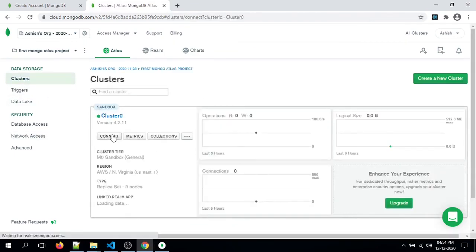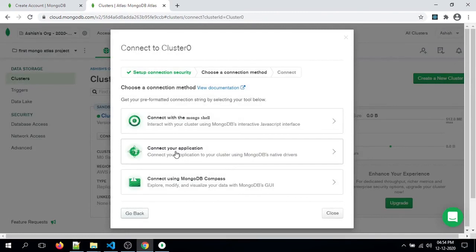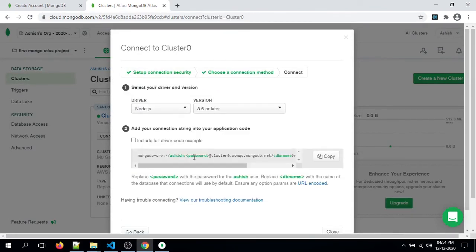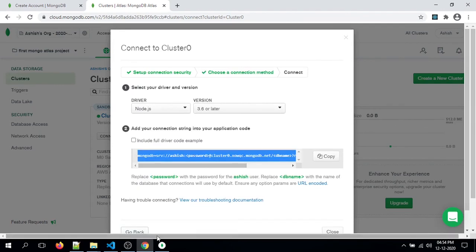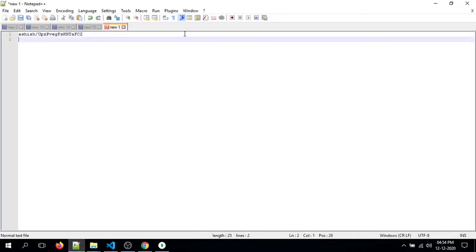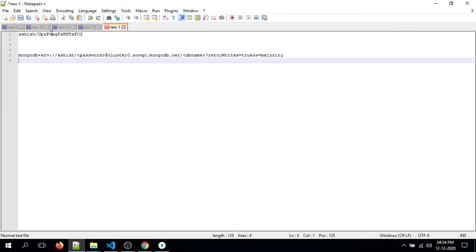Now I will click on connect. Here I will click on connect your application. This is a connection string I will use. This is our password, and this is our database.